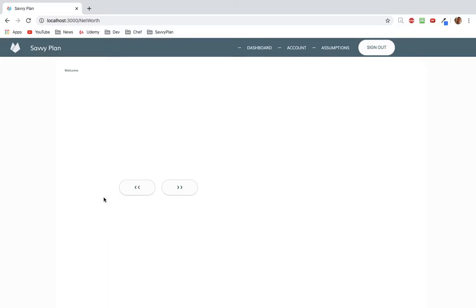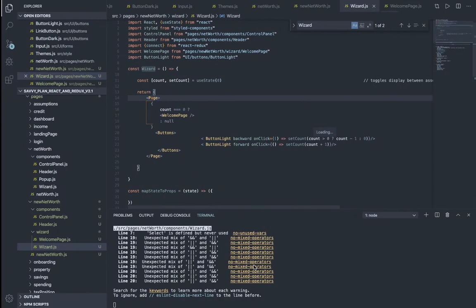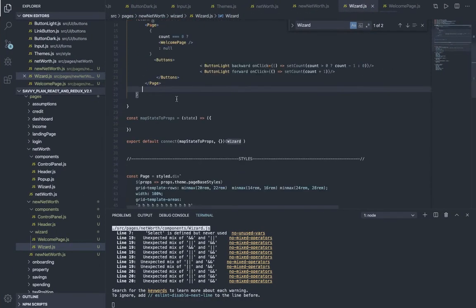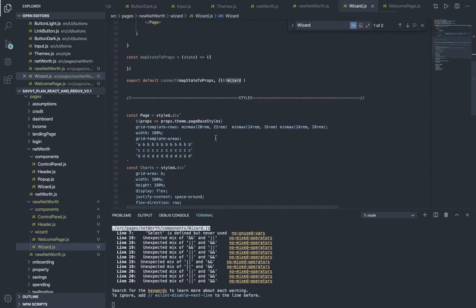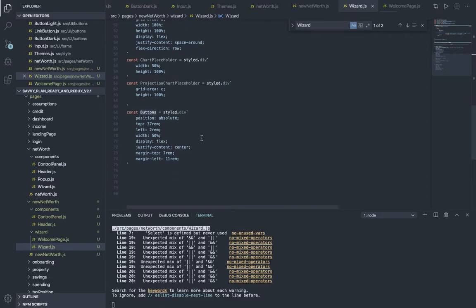Somewhat in place. We're going to move them around. I'm going to center them a little bit lower and then place them right about there. So let's pop over into this area, check out the buttons wrapper. So that's the local wrapper that's controlling it. And then I'm going to make it top maybe 60 rem